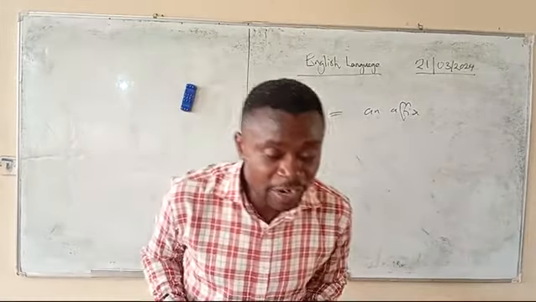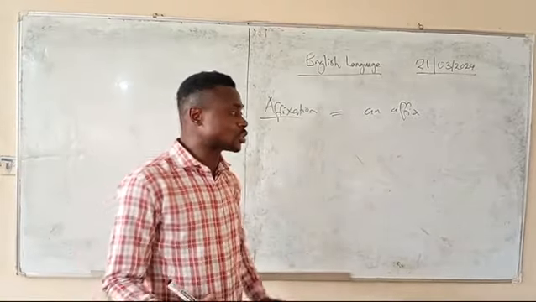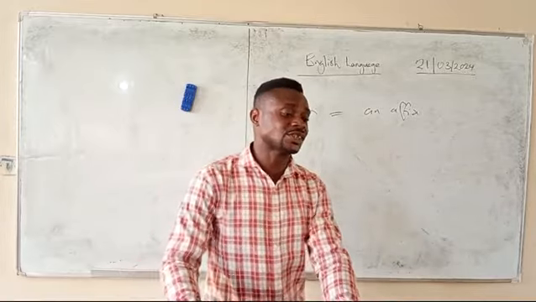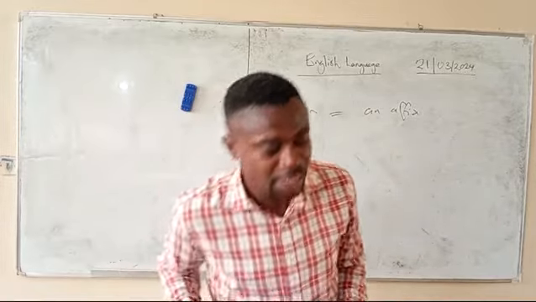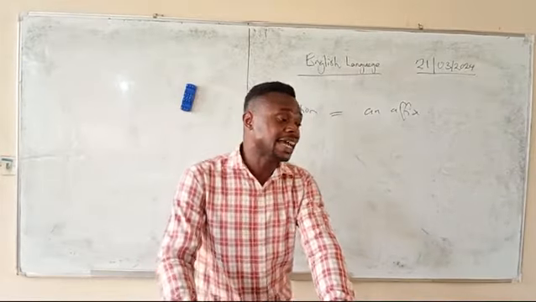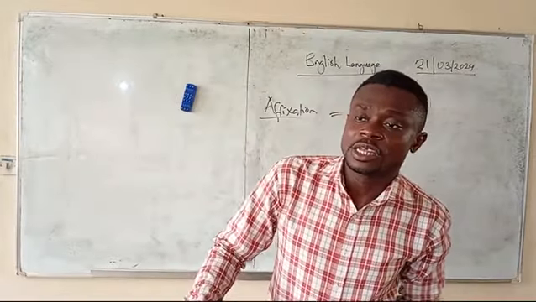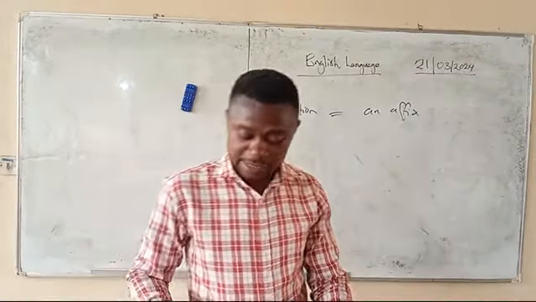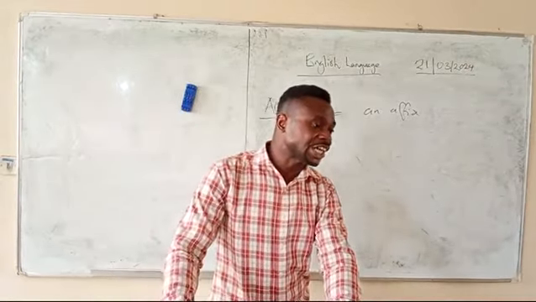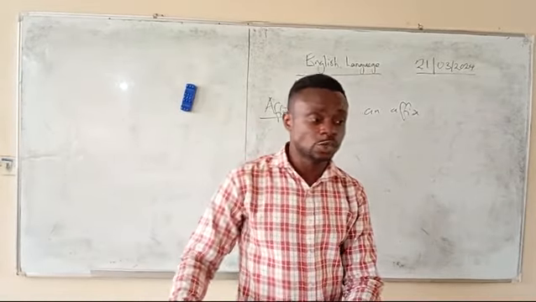I said that we have different ways words can be formed, but one major source of word formation is what? Affixation. So on defining affixation, I said that affixation is a method of word formation whereby an affix is added to the beginning or the end of a word to change its meaning or the way the word is used.